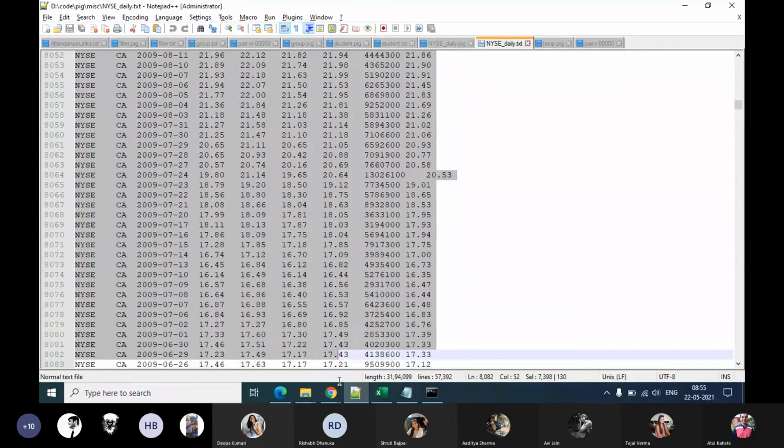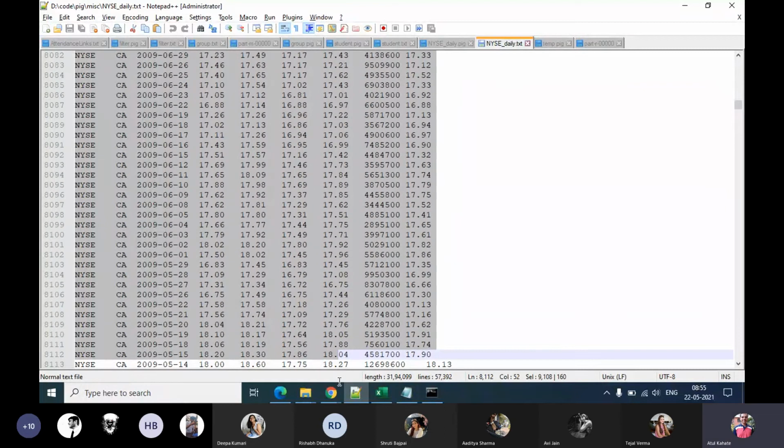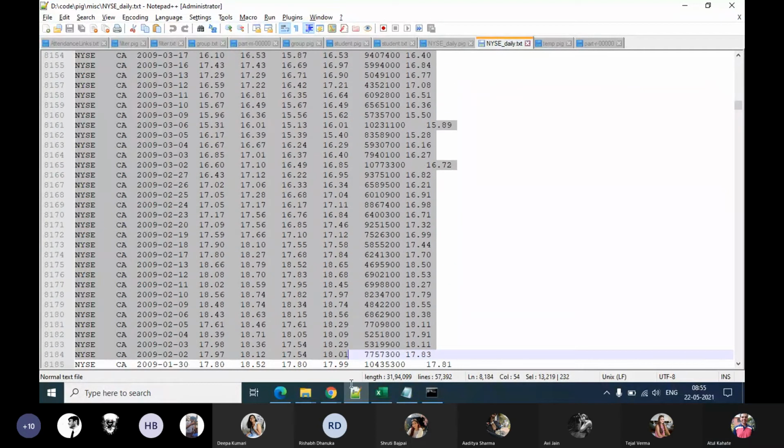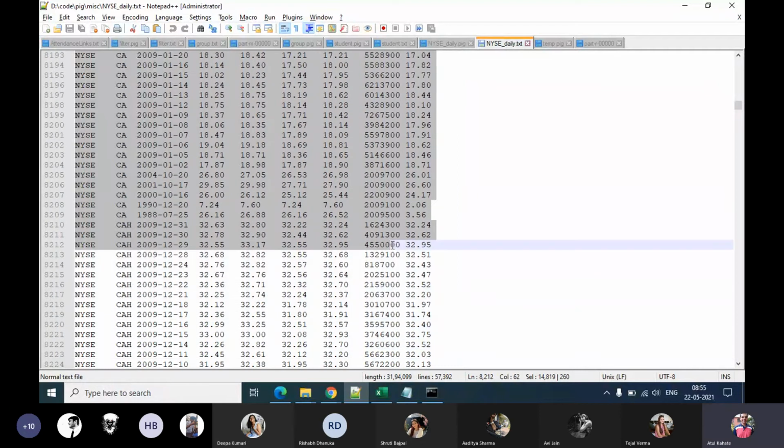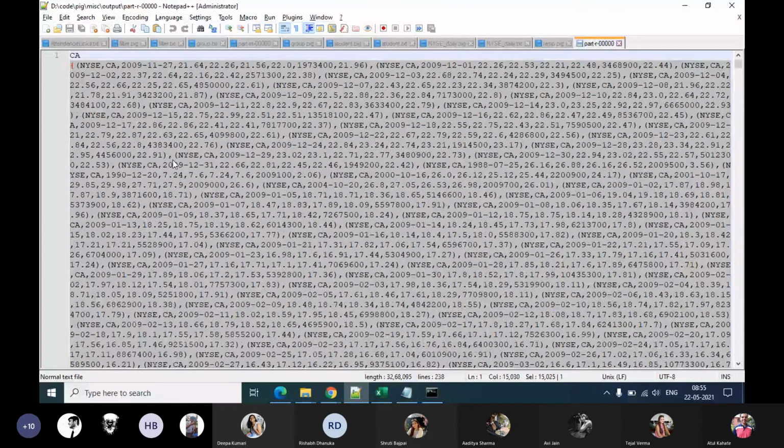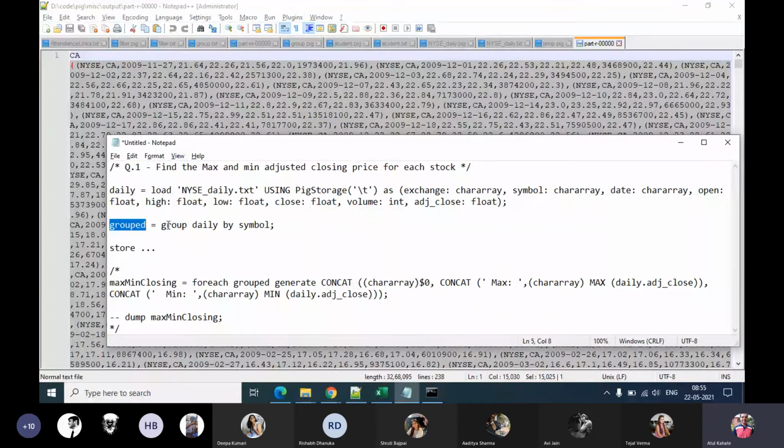Quite a lot, many CA records. Selecting all of them, all these CA records have been put into this type of structure. Why has this happened? Because we have run the group by clause.